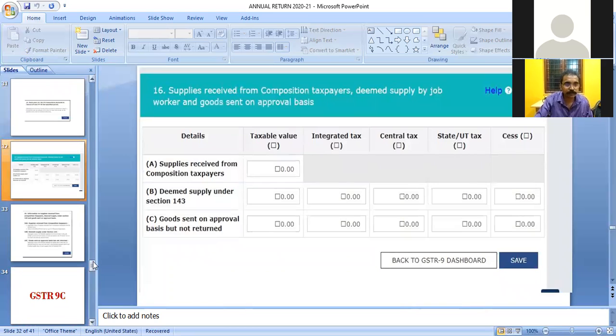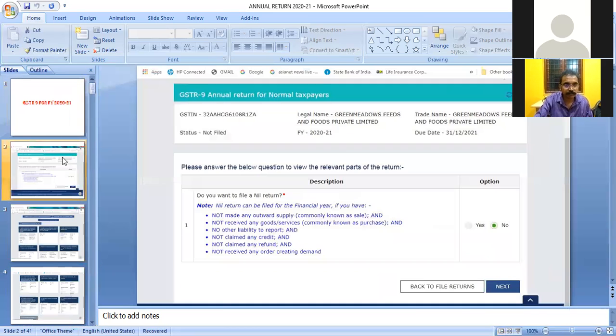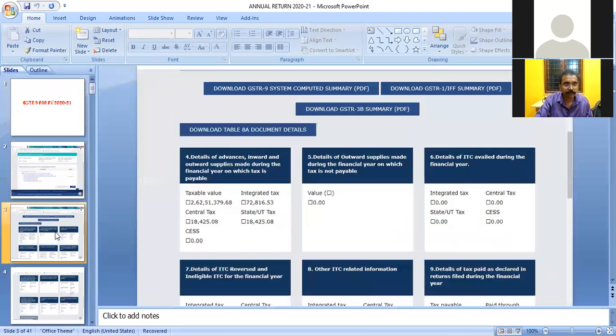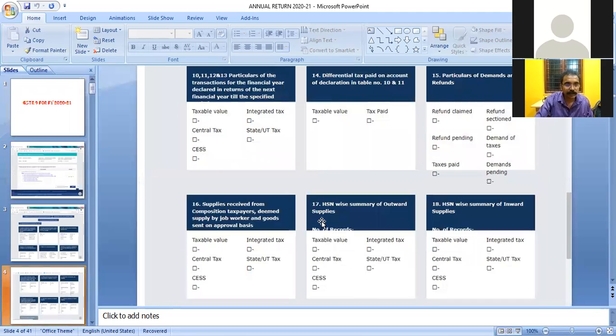Then comes table 17 and table 18. Table 17 is HSN summary of outward supplies. Table 18 is HSN summary of inward supplies. Shall be disclosed here in respective columns. These are also optional tables.